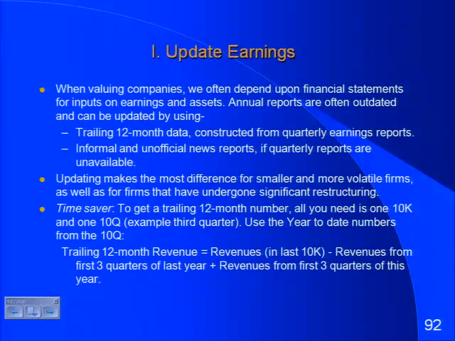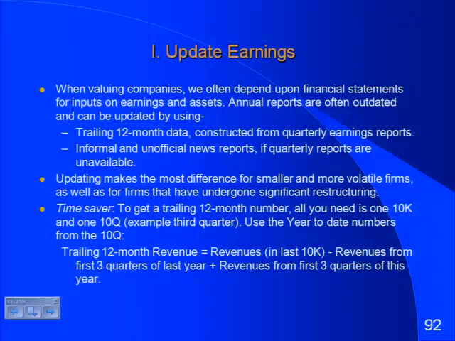There's a much easier way to do it. Download two SEC filings, a 10K and a 10Q. That's all you need, one 10K and the most recent 10Q. The most recent 10Q, let's say it's a September 30th 10Q, will have the first 3 quarters of 2008, but it'll also give you the first 3 quarters of 2007. It'll give you the comparison. So here's what you need to do to get trailing 12-month numbers. Take the 10K numbers, subtract out the first 3 quarters of 2007, add the first 3 quarters of 2008,